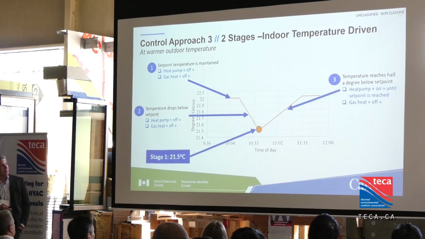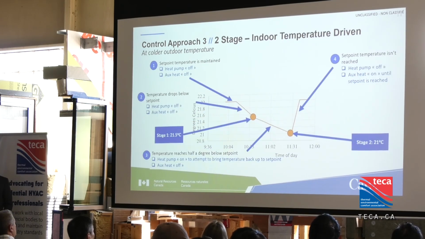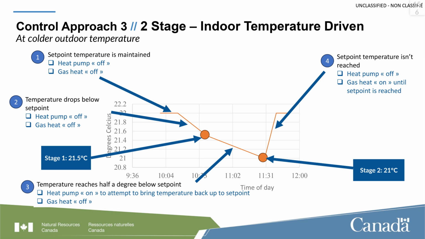Again, we're in a warmer climate, so there's no need for any kind of second stage here. But if you fast forward to a bit of a colder environment, the same thing would happen at 22 degrees. Everything's fine, everyone's happy, the thermostat is satisfied. The house cools off a little bit for the outdoor temperature, and we're hitting 21.5 degrees Celsius. The heat pump will engage on its own